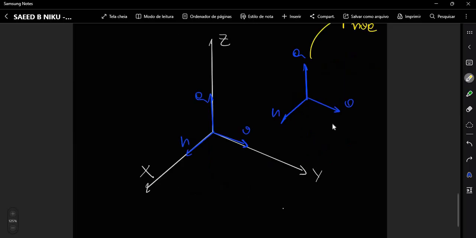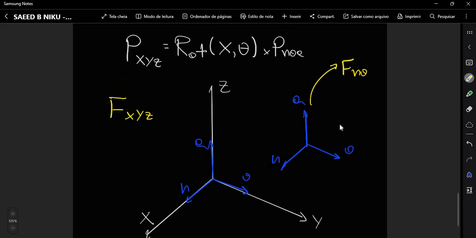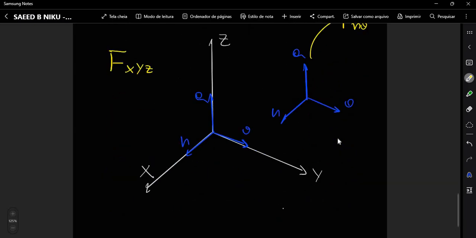So this reference system F and OA link it on this another reference system F X Y Z. The unit vector n is above the axis x,